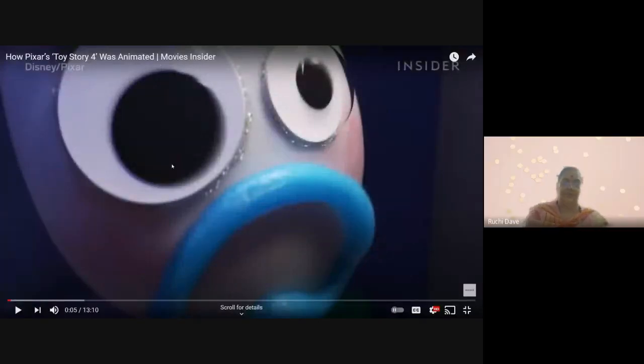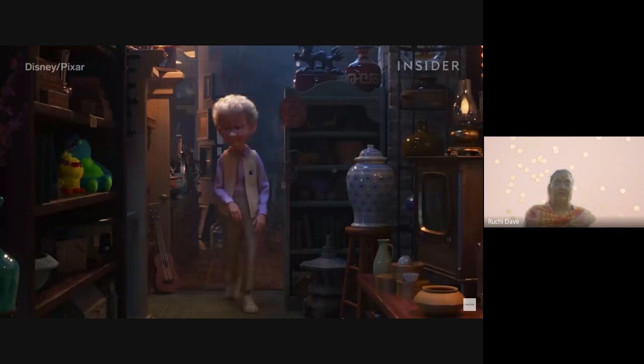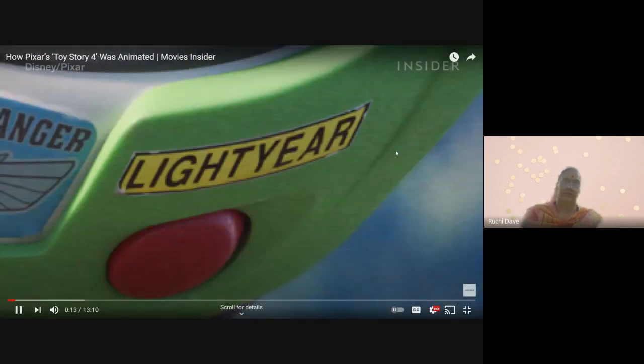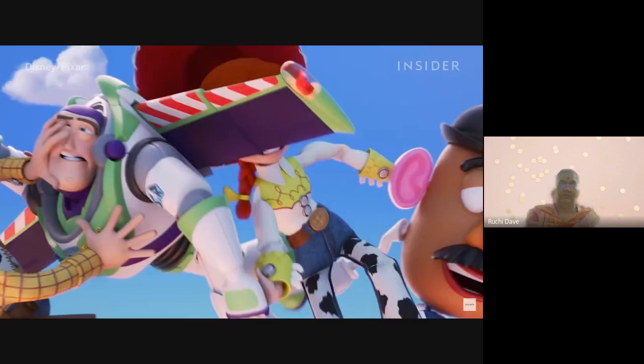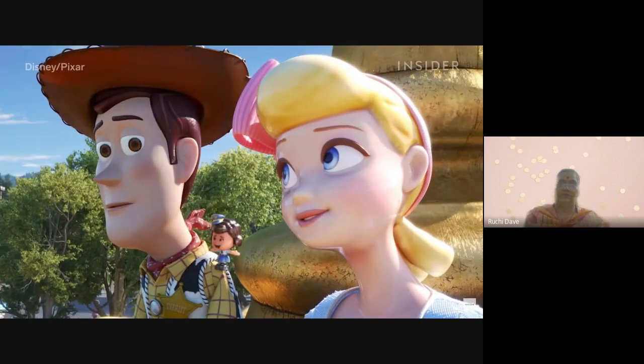Just watch it. Neglect any detail, no matter how small. From dust particles in the antique shop to subtle signs of aging on the toys, it's all there, rendered incredibly realistically on the big screen. So, how exactly did Pixar bring this intricate world to life? Let's take a look at the